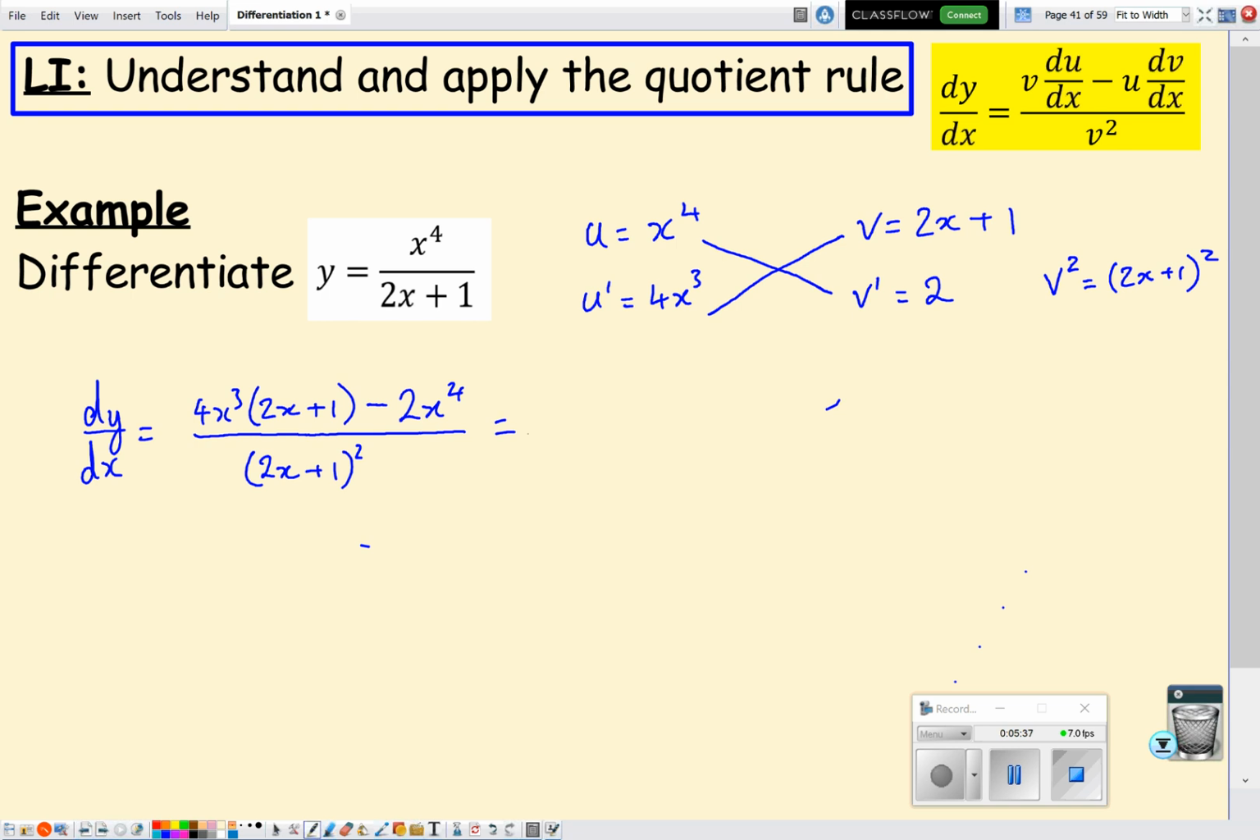And then what you need to do is just tidy. Usually it's just the numerator you need to tidy up. Very rarely does it cancel down with the denominator, although it might do for certain trig functions. So let's just have a wee look. We've got